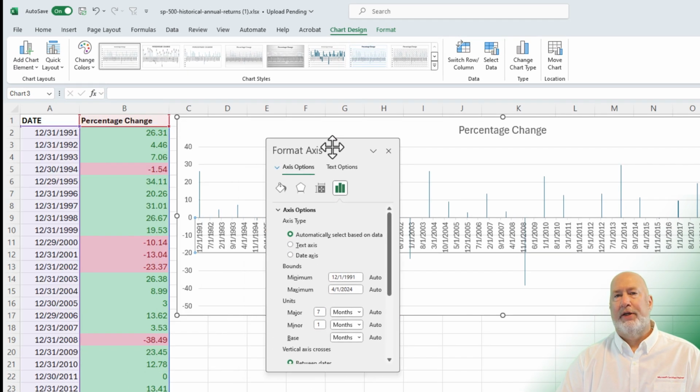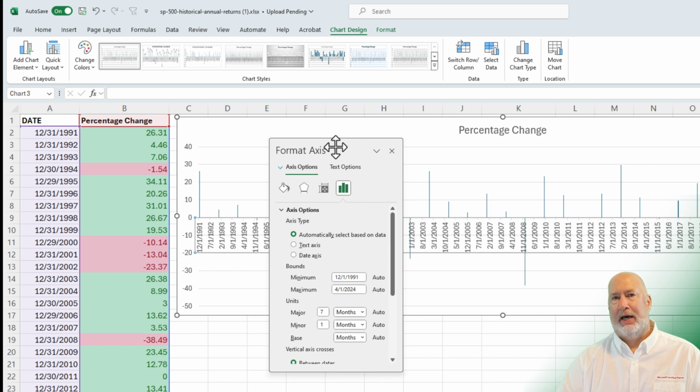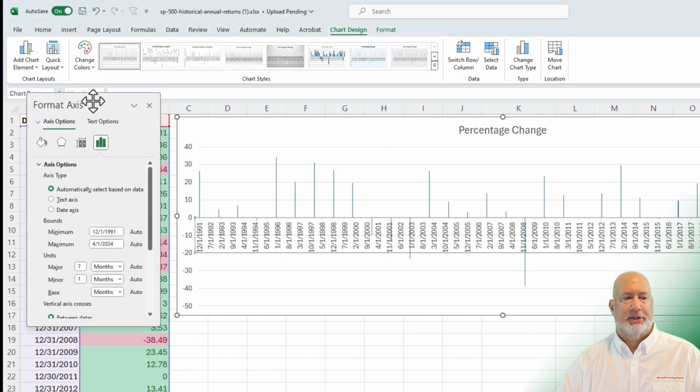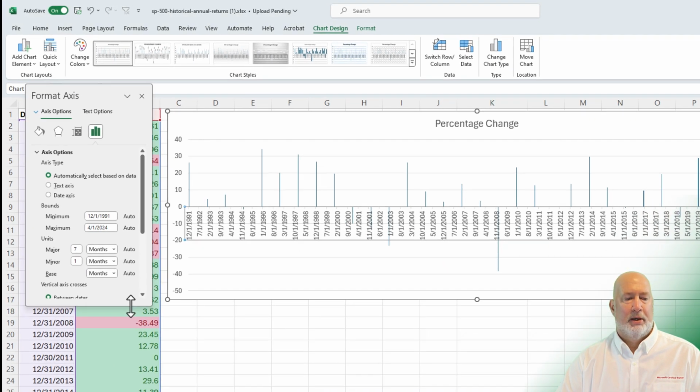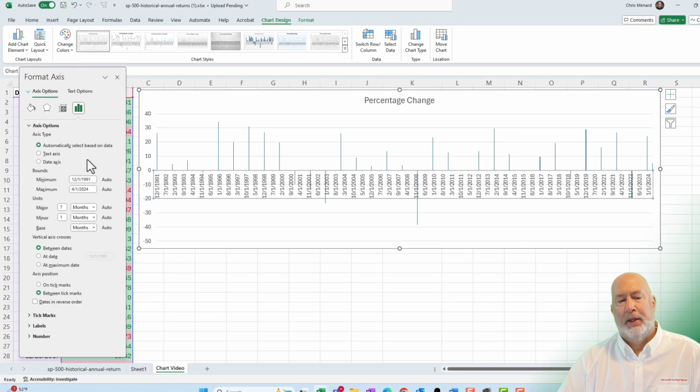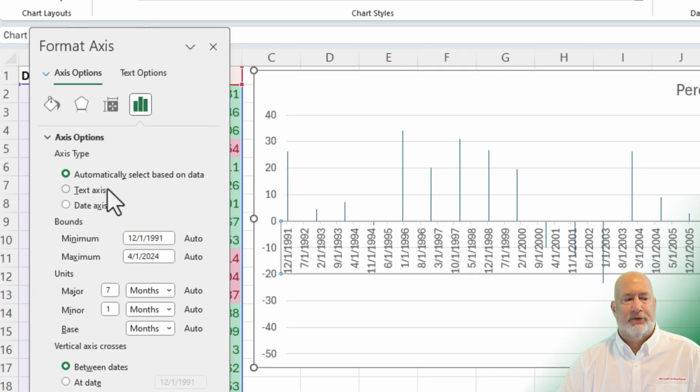I have already moved this task pane from the right-hand side where it usually stays. I hit these three dots and clicked on Move, and I'm moving it over here just to keep this easy for me on the camera. Pull this down a little bit. Here is item number one. Notice the thin blue lines for the columns.